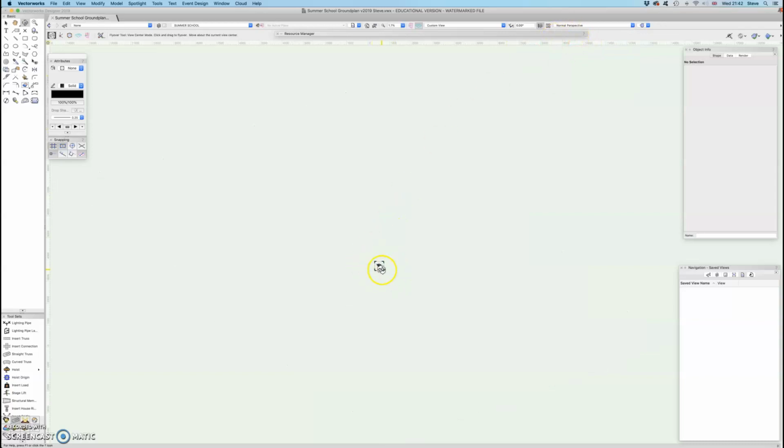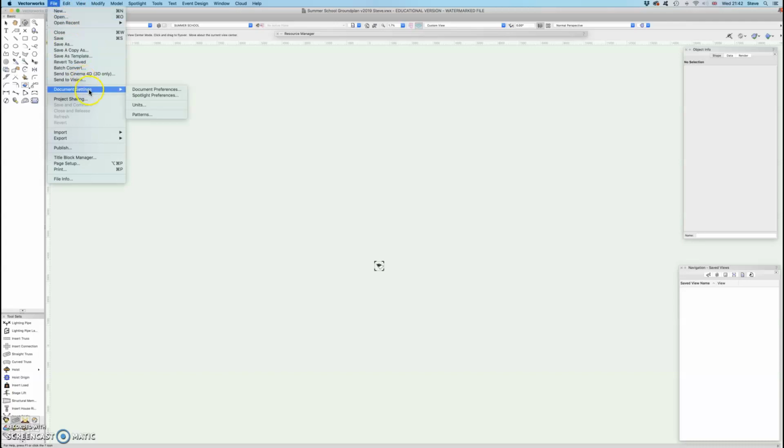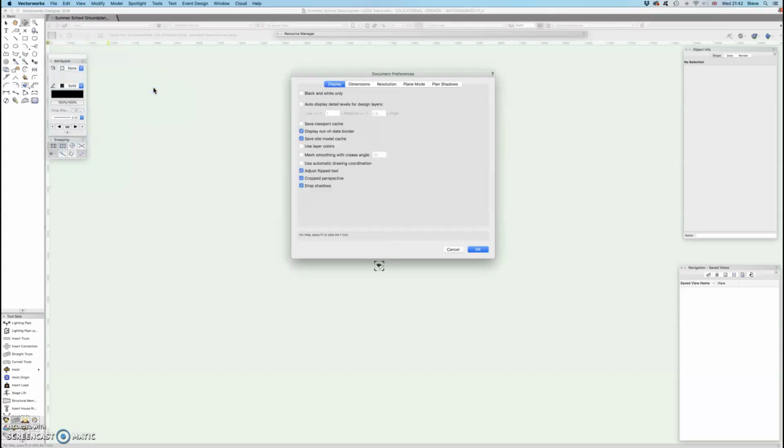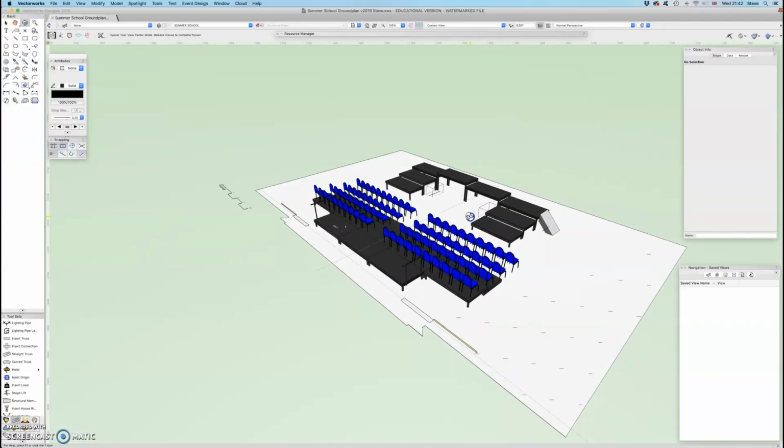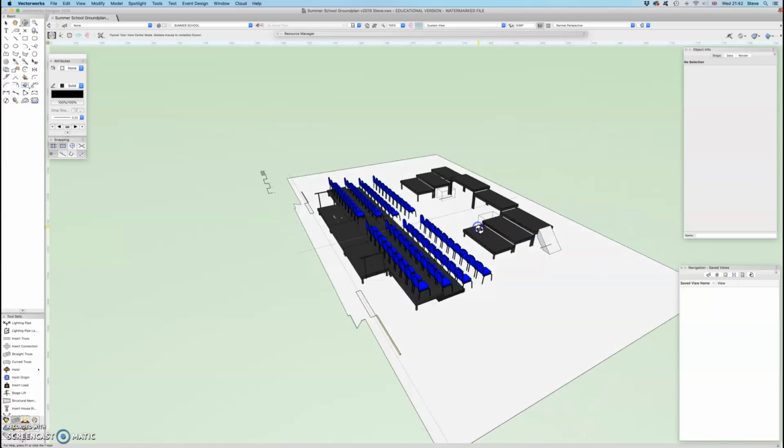You can pop down into this tiny little square and not really know what's going on. The way to get out of that is to go to Document Settings, Document Preferences, and unclick Crop Perspective. That will take you back into a more normal view of the stage again. So what I'm going to do,